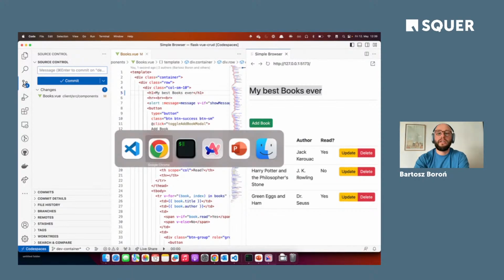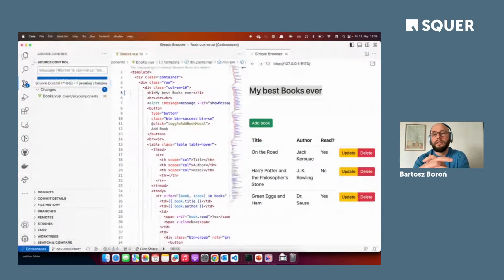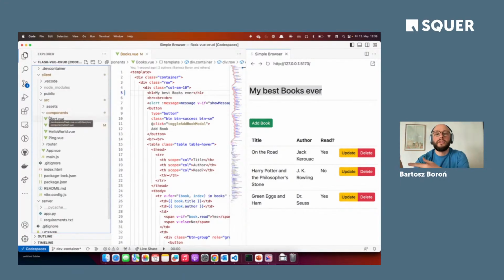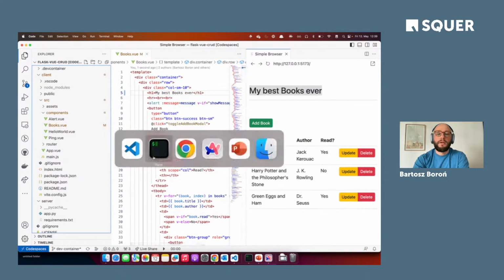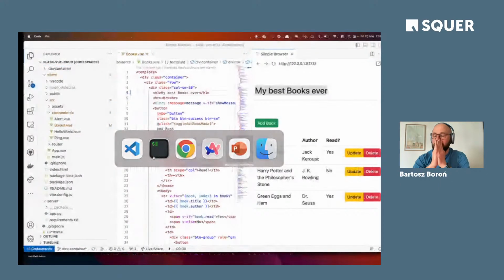Because now I don't need a $5,000 MacBook Pro. All the heavy stuff is being done in the cloud, and all I need is some kind of more or less stable network connection, because obviously every action I do here is being forwarded and transformed on the container in the cloud. But I don't need that much power locally to run everything, right? I think that's it for the demo. That's all I wanted to show you here.